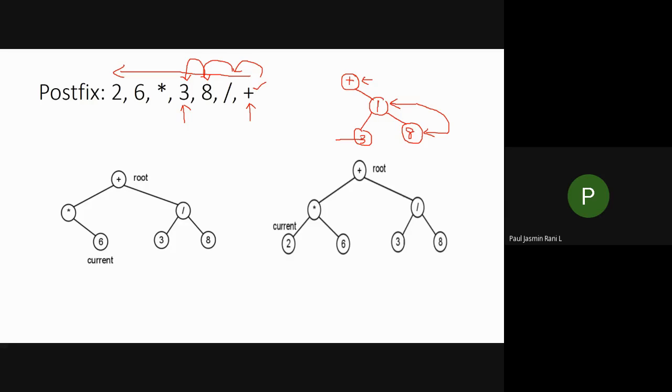And now this 3 is your current node. Now you are in this third node. Next, from this 3 you have to move on to your next character, that is asterisk. So you are in this particular node, that is 3. 3 happens to be your operand. So if it is an operand, it should be a leaf node. From a leaf node I should not have any other branches, isn't it? So I have to move on to the parent node.